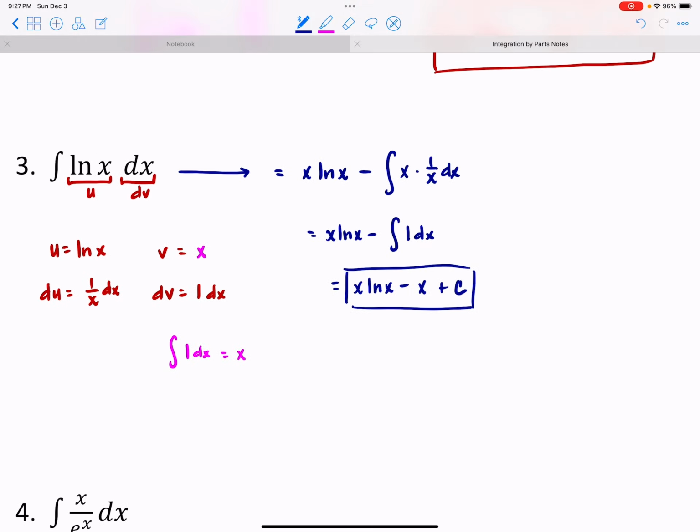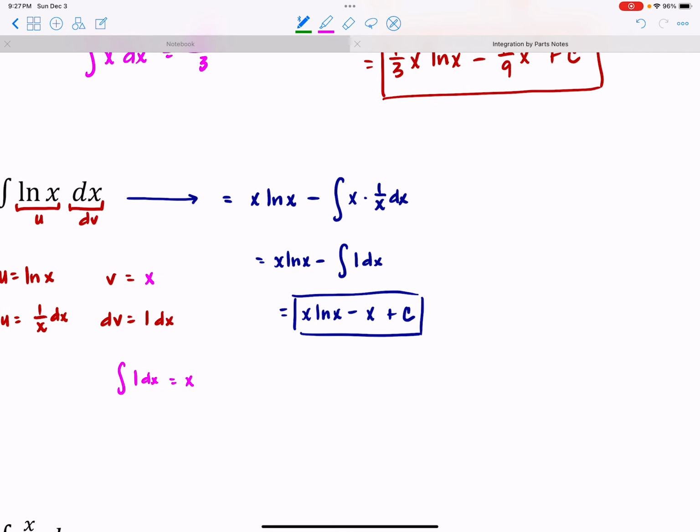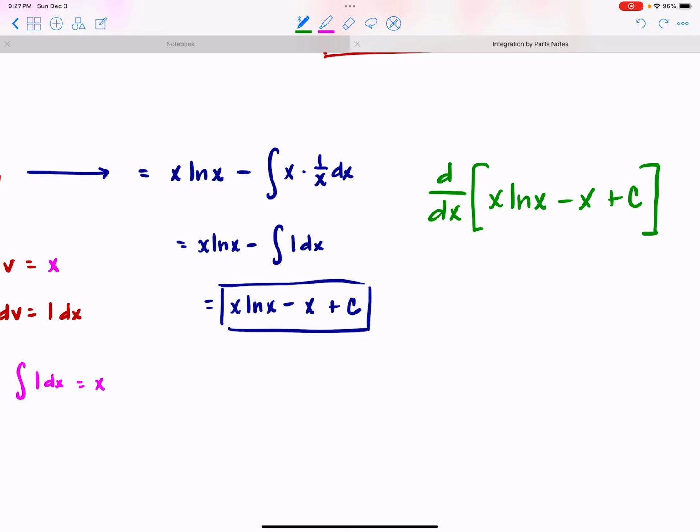Double checking. Okay, here's what you should do, right? Let me practice what I preach. If I'm not sure that I did this right, I would take the derivative with respect to x of x natural log of x minus x plus c, and it better take me back to this. So let's see if it does. If I'm going to take this derivative, I'm going to have to use my product rule here. Call this f, call this g. I'm going to need f prime g plus fg prime. So f prime, the derivative of x, would be 1, times g, which will be natural log of x. And then I'm going to add